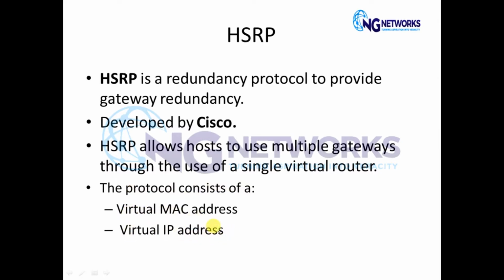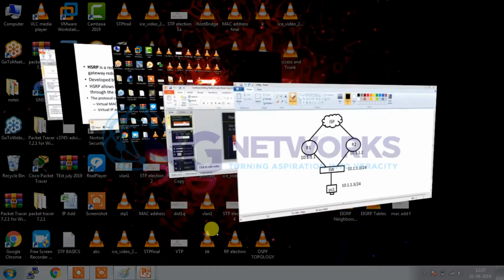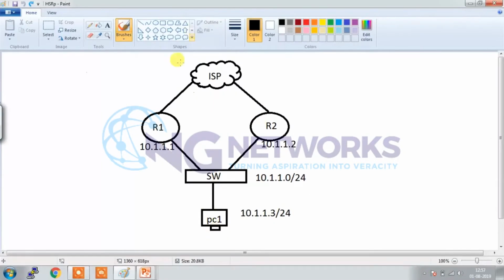So let's understand the concept of HSRP with the help of an example. Here is an example wherein PC1 has two gateways. What default gateway can we set here? Either we can set 10.1.1.1 or we can set 10.1.1.2. But suppose I have set the gateway as 10.1.1.1.